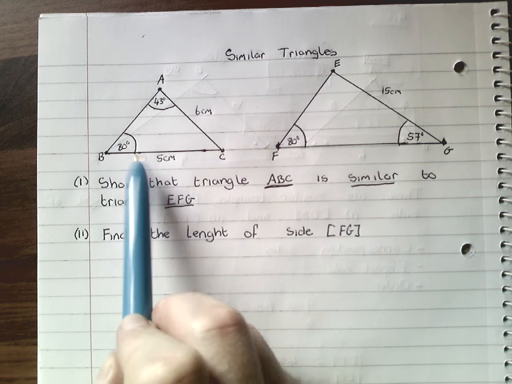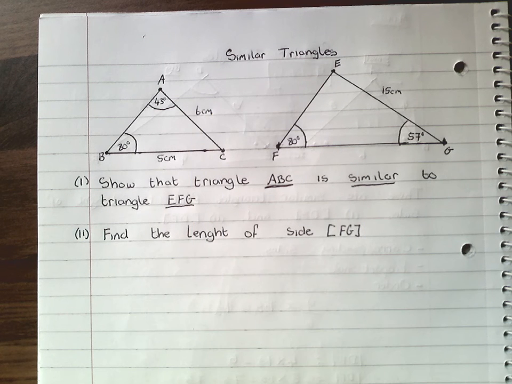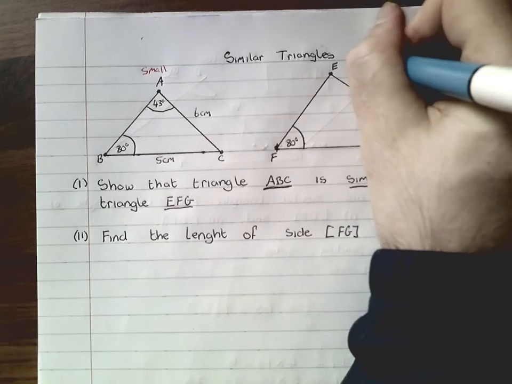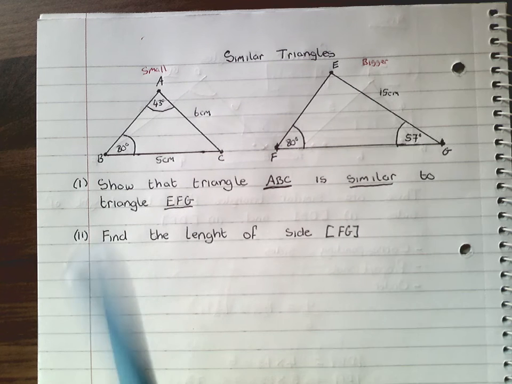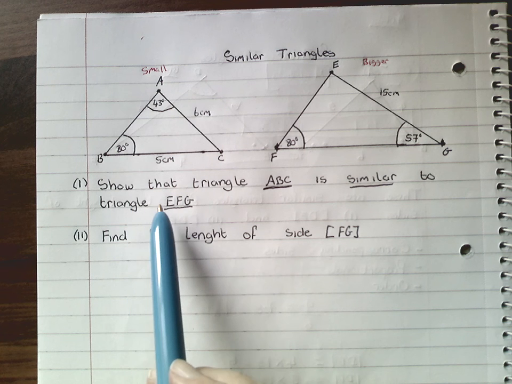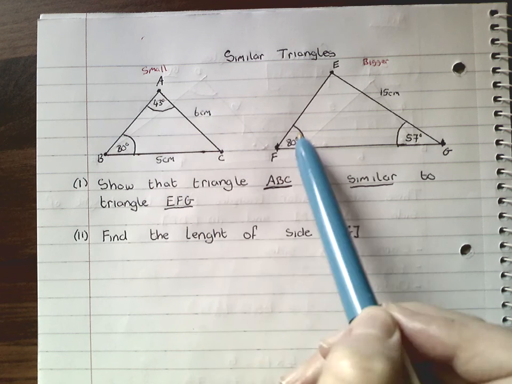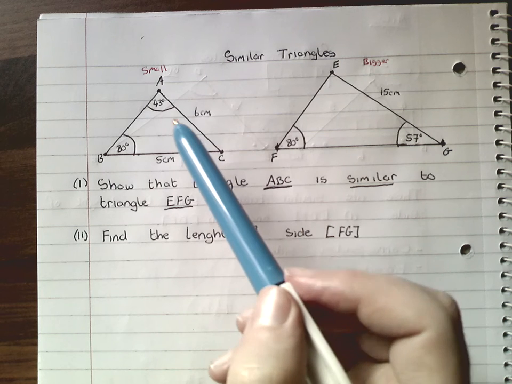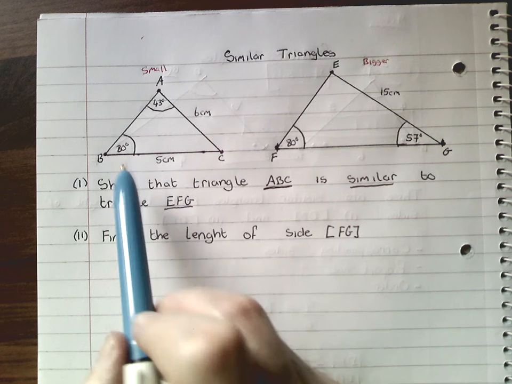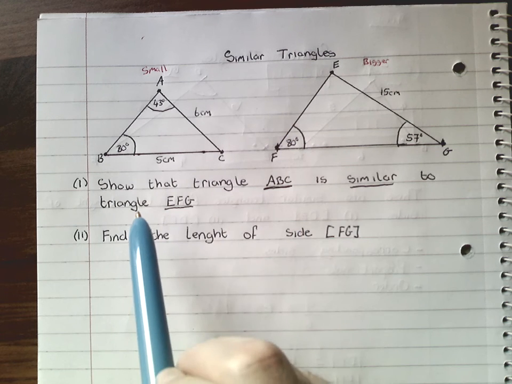And notice also that we're given the length of some of the sides. We have a small triangle and then a bigger triangle. Now, what it's asking you to do is to show that the triangle ABC is similar to triangle EFG. So what we want to show is that the angles of both triangles are the same, and that they correspond with each other. We can see there's a correspondence between this angle and this angle,